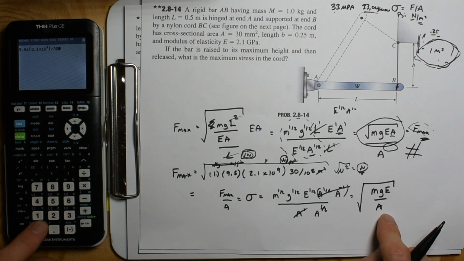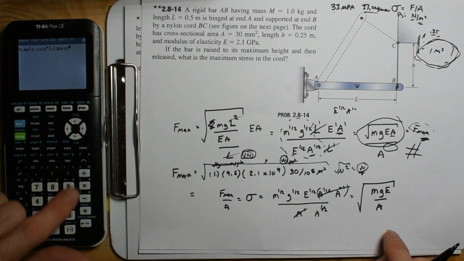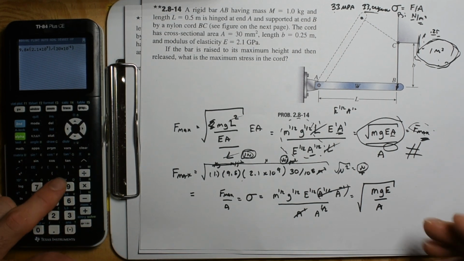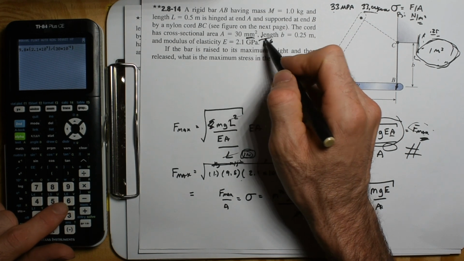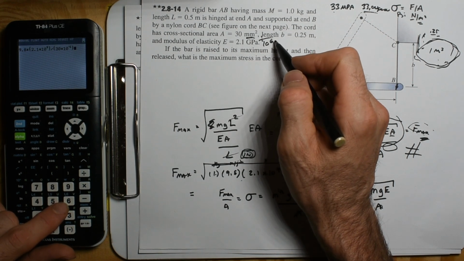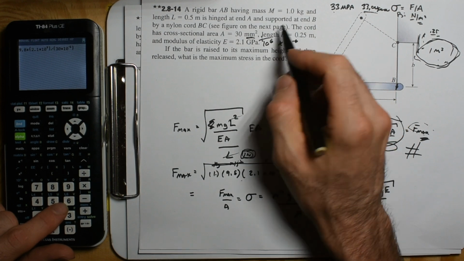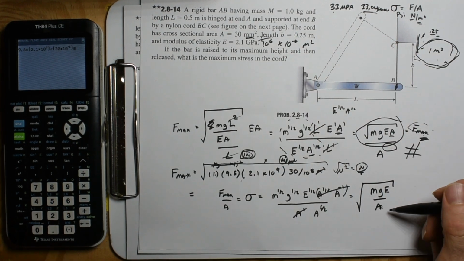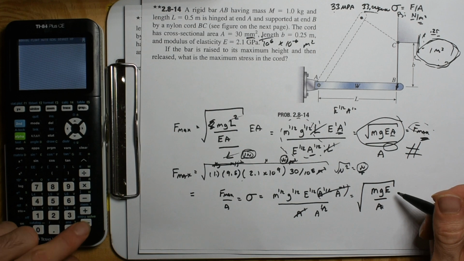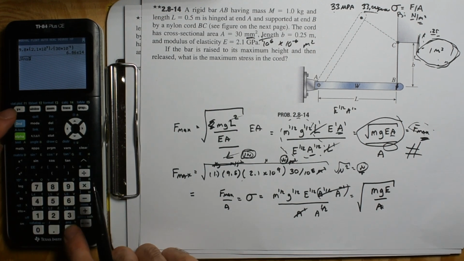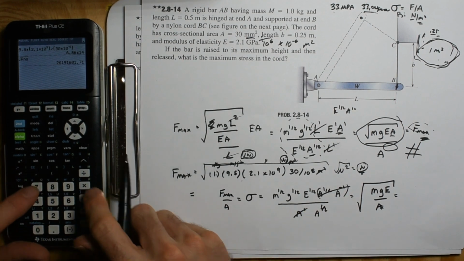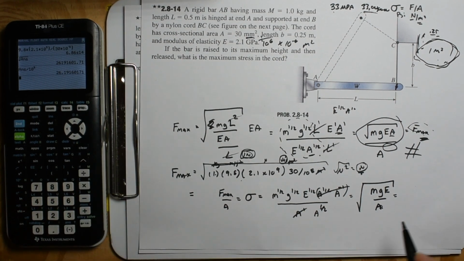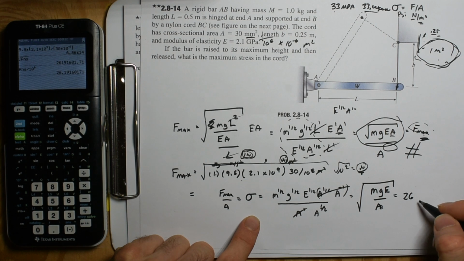Divided by the area, which is 30, I guess we'll do some parentheses here so we don't mess up, times 10 to the -6. That's the same thing as dividing by 10 to the 6. This is in millimeters squared, so you have to multiply by 10 to the -6 to actually get meters squared. Make sure that your units are good to go. All right, and then we're going to get an answer there, and we're going to square root that. And we get the stress in the cord, and we're going to divide by 10 to the 6, and we get 26